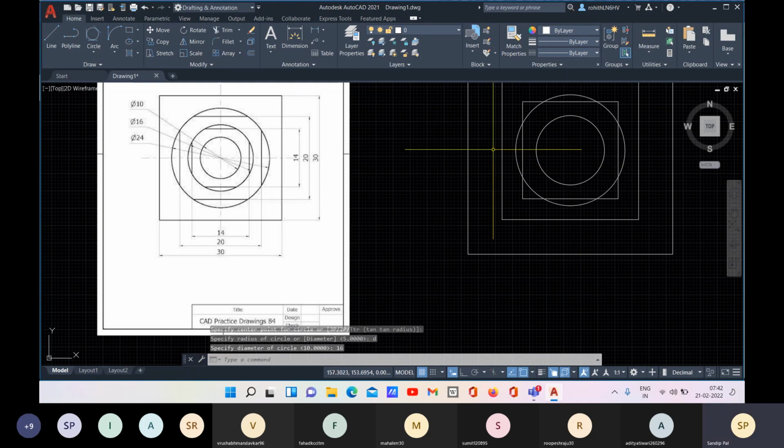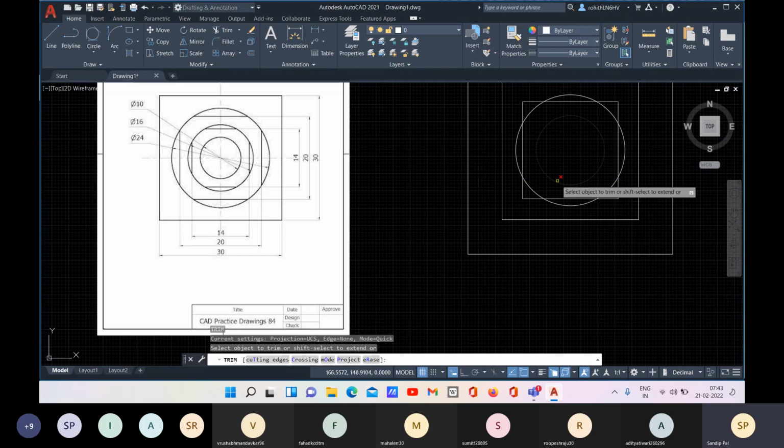Next, let's go for C enter, then same, okay, and then D enter, 16 enter. Now what you have to do, you have to trim it. So TR enter. If you are using an older version of the software like 2018, 19, you can go with TR double enter to get the same result. If you are using the advanced version like 2020, 21 or 2022, there is an update. TR single enter will give you the same result. And now I will trim this. So you just click on this part and it will be trimmed.